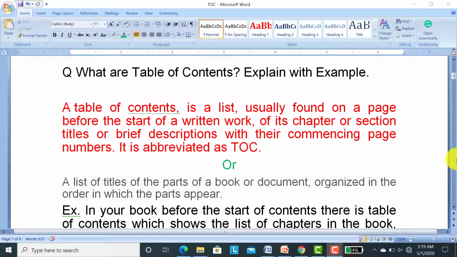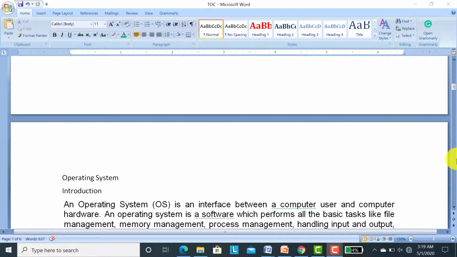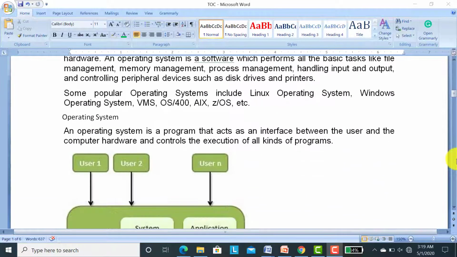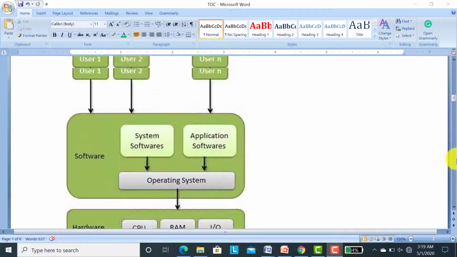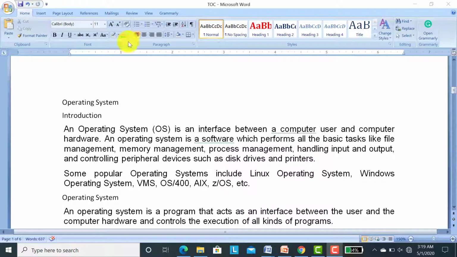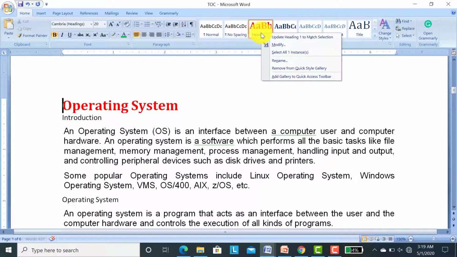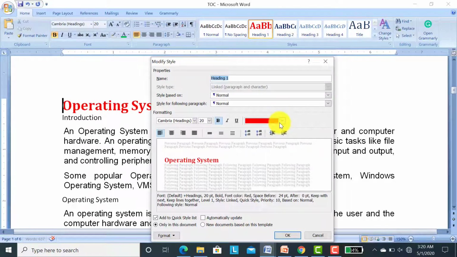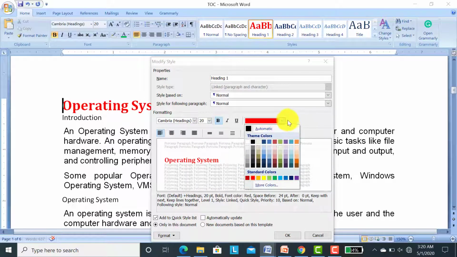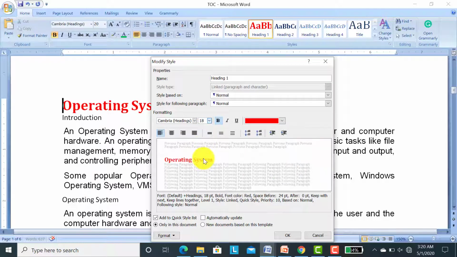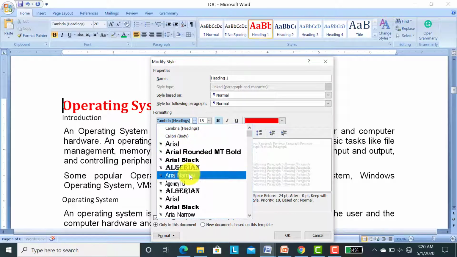Let's understand with one example. I have written some text here. I have written this heading, Operating System. What I should do now: in the Styles group, go to Heading 1. I have already changed the headings by right-clicking on the heading and clicking on Modify. I have chosen red color and size 20. You can change the size. You can change the writing style also